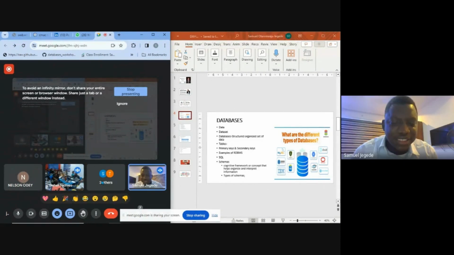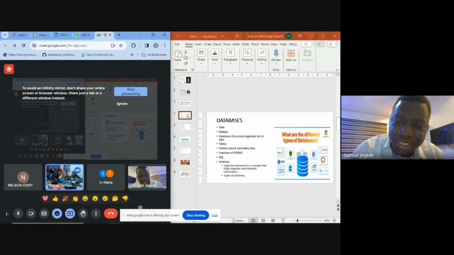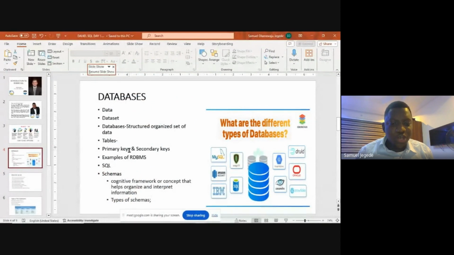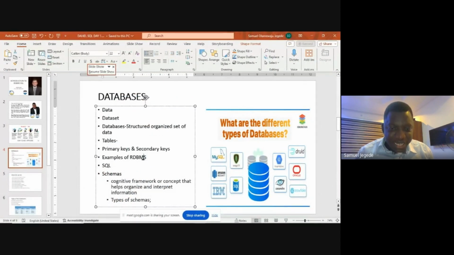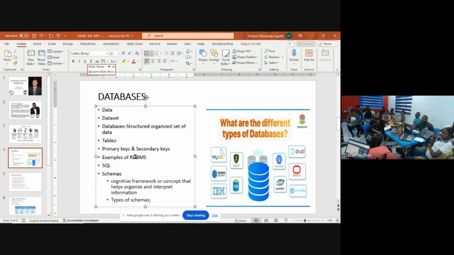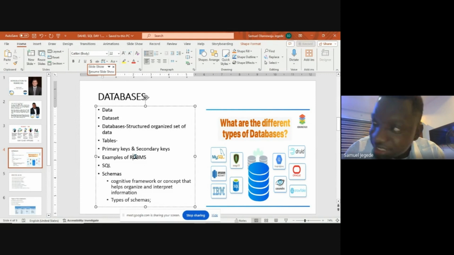When you want to get your data set from where you kept it, you kept your data set in a database. You need to communicate to it, but you need something to be able to communicate to it, right? You actually need something to communicate to it, and that is what we call the database management system, right? Before you can collect your money, you need an ATM card. You need the ATM itself, automated teller machine. If there is no ATM, there is no way you can collect your money, right? So if there is no database management system, there is no way you could collect your data sets.